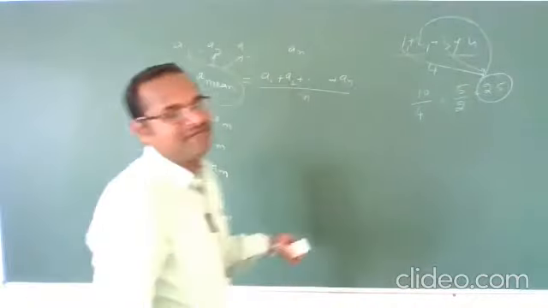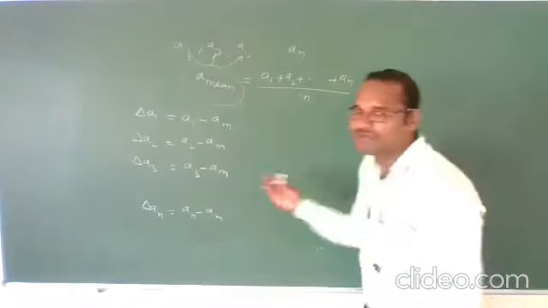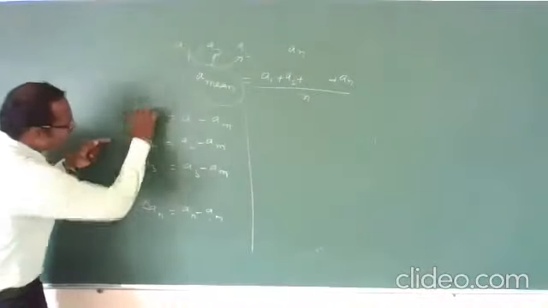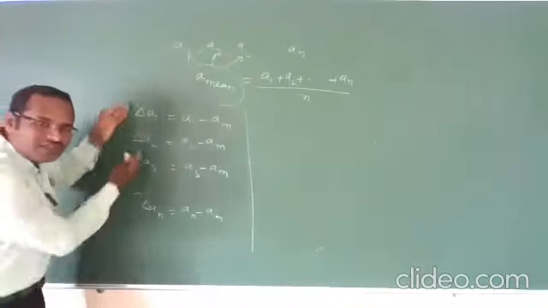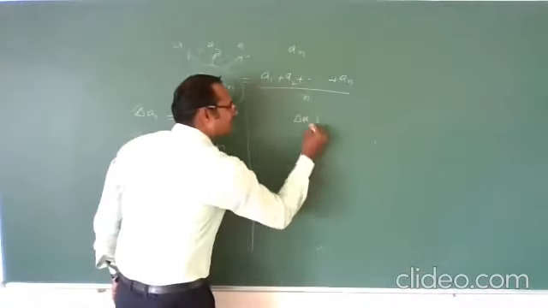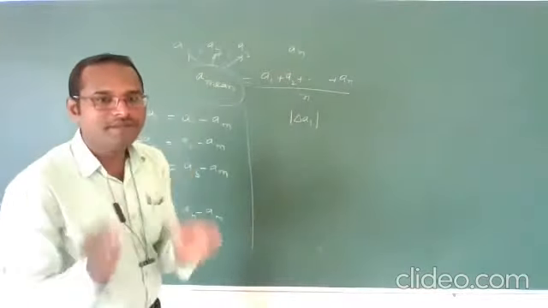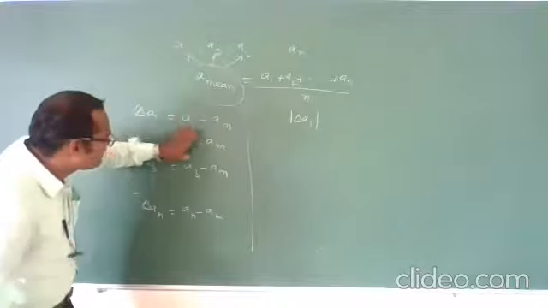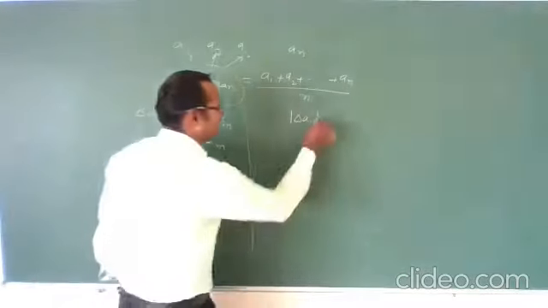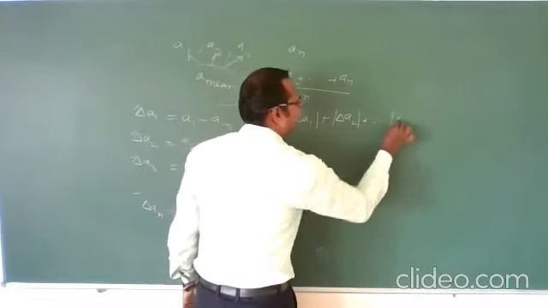I am repeating the previous class points only. Once we finish that, we will come to the actual point we have to discuss today. Now, all these values, again take the mean. Means delta A1 modulus, meaning we have to take only the magnitude. Only positive values we should take, because this may be positive, may be negative. That's why take all positive values only. Modulus of delta A1 plus modulus of delta A2 plus modulus of delta AN,